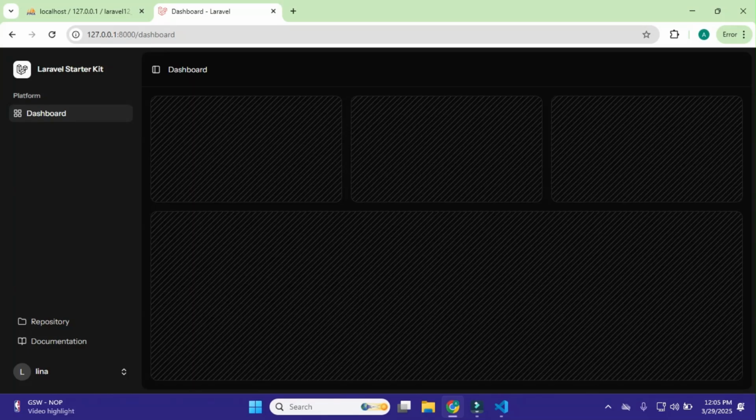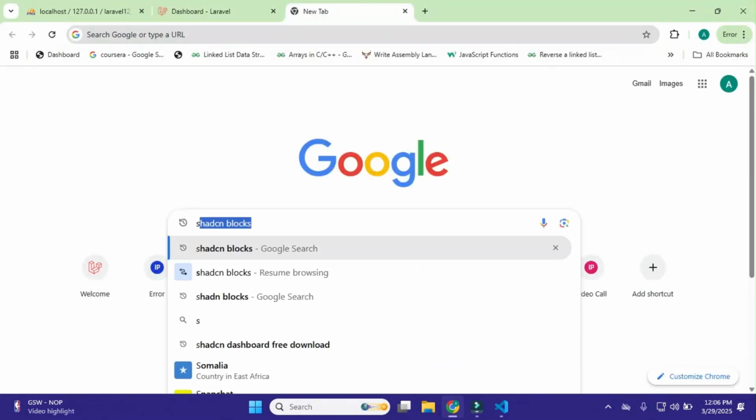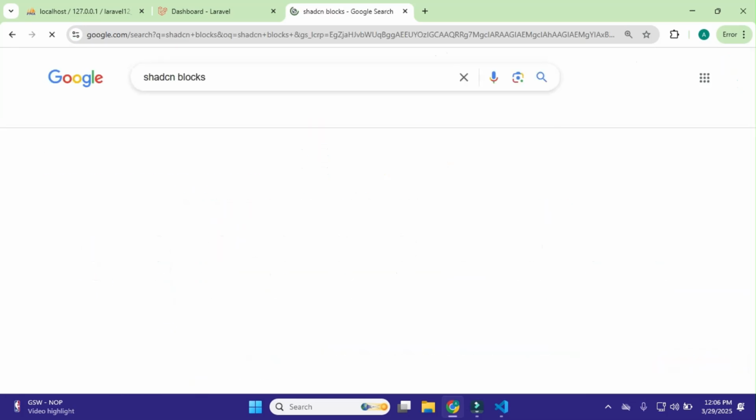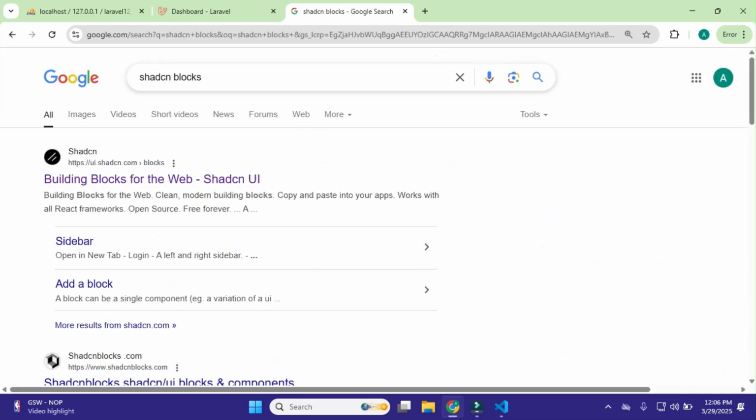And now we want here the dashboard that I showed you in the demo. So let me show you how we can add this dashboard template. For this, just open a new tab, and here search for shadcn blocks, okay.